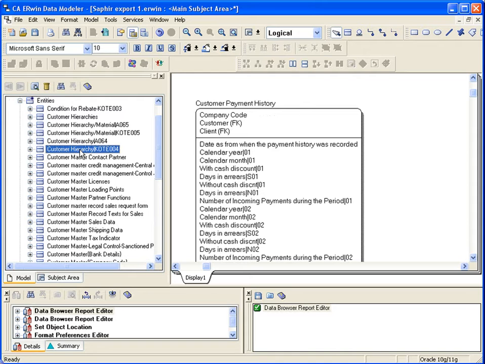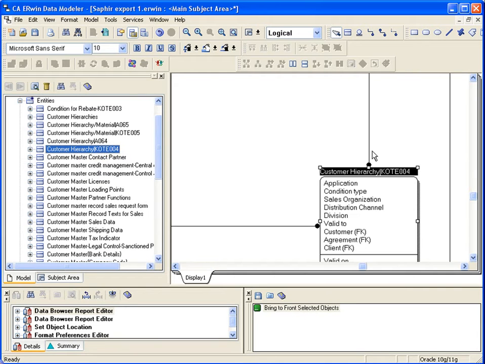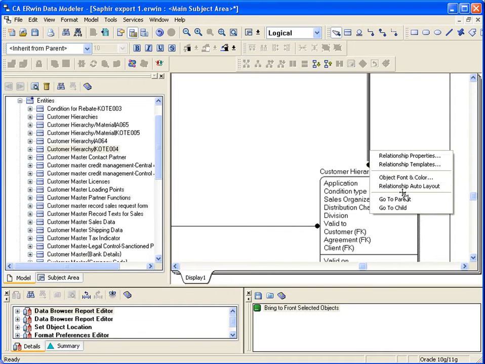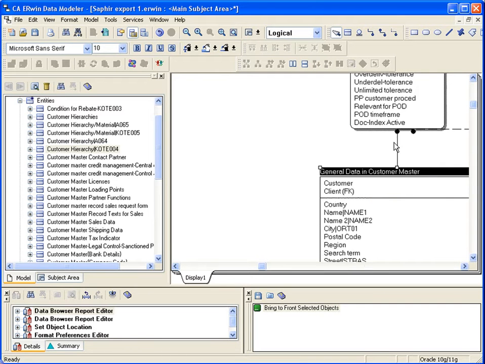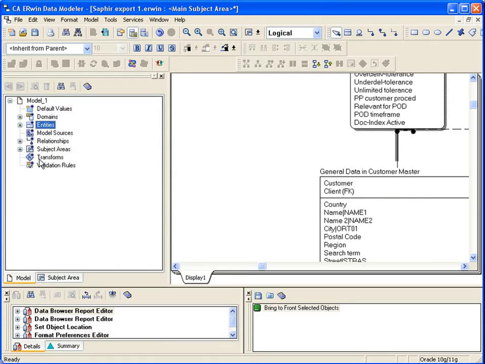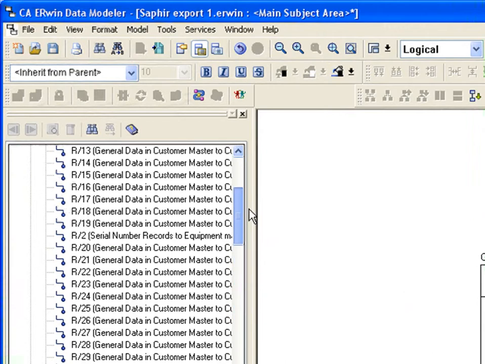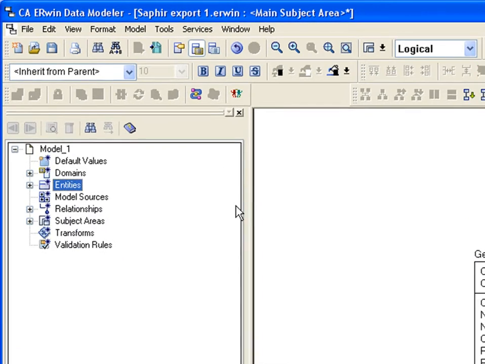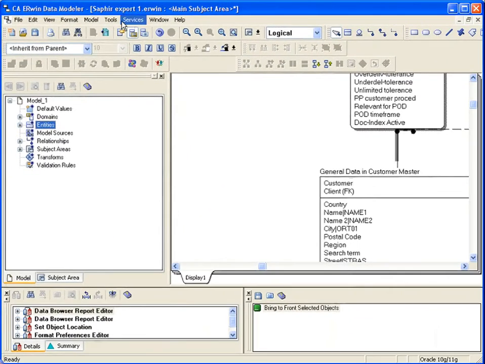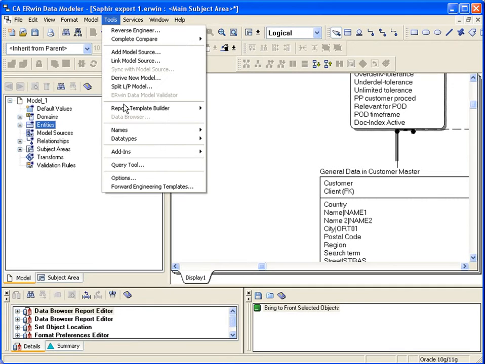We can also select an object here from the tree, and we can go to that object in our table. We can navigate to the parent via the relationship lines. We can also navigate those same relationship lines within the Model Explorer as well. And we can report on these objects. So if we go to our data browser,